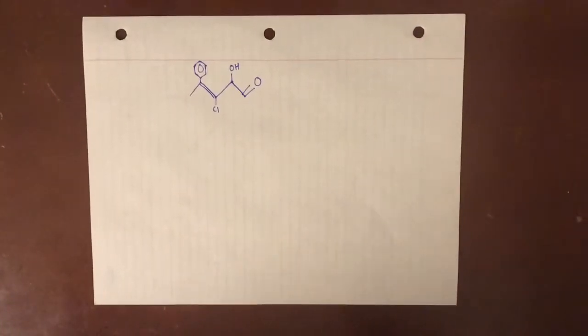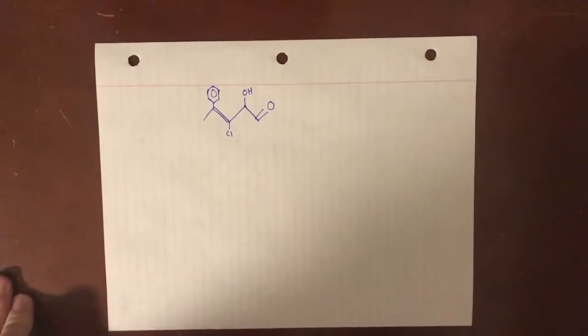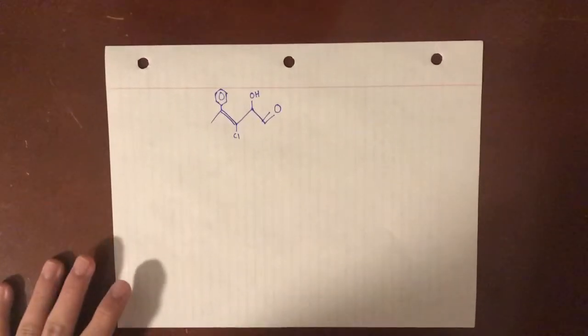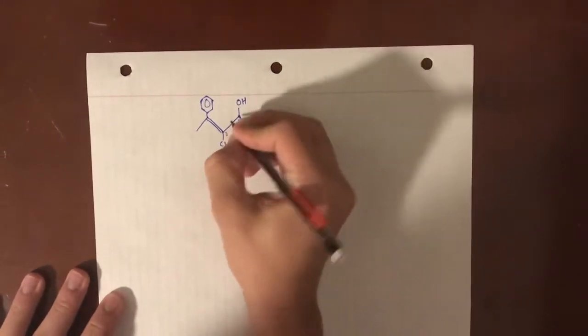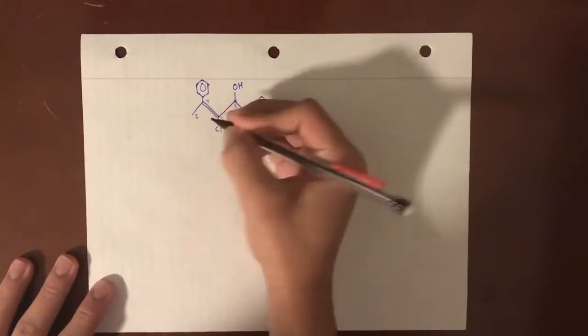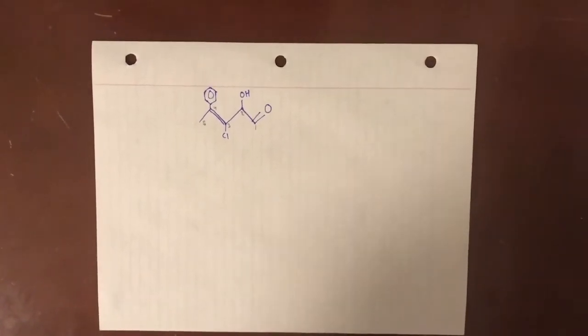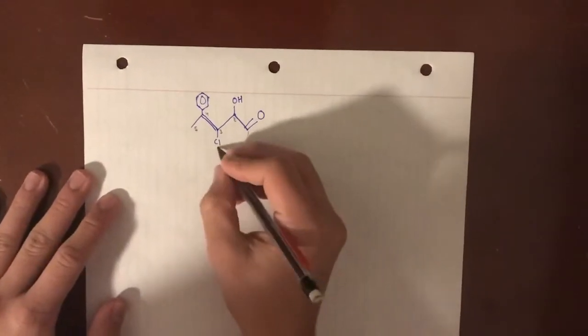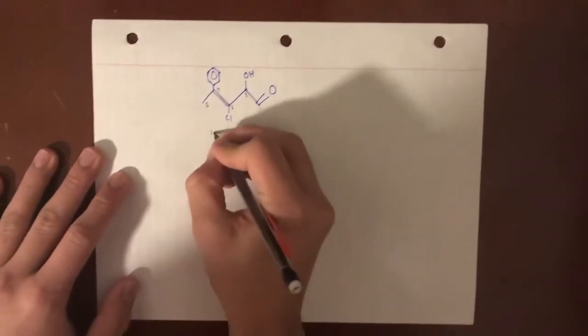Let's name another compound. First, let's number the carbons starting from the carbon with the highest priority functional group, and in this one it would be the aldehyde. So we start from here. 1, 2, 3, 4, 5. Name the lower precedence side groups in alphabetical order. So this one would be chloro, 3 chloro actually,